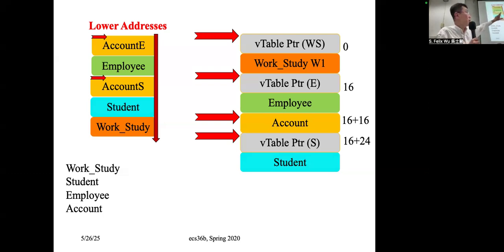There is a pattern that you can find out. In the multiple inheritance, the base comes first, and then you go to the derived. The base is account, the derived is employee, and work study is the second-level derived. It always follows that order. But the virtual inheritance is a bit random. It doesn't have a clear pattern, but always